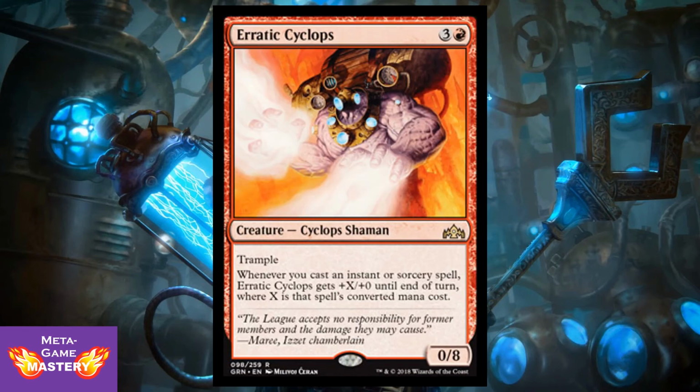Erratic Cyclops is 4 CMC, 3 colorless, and a red for a 0/8 Cyclops Shaman with Trample. Whenever you cast an instant or sorcery spell, it gets +X/+0 until end of turn, where X is the spell's converted mana cost. So this guy wants you to storm off. He wants you to play lots of instants and sorceries in a single turn and then just trample right